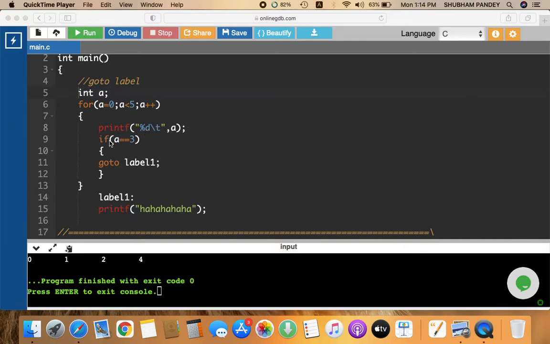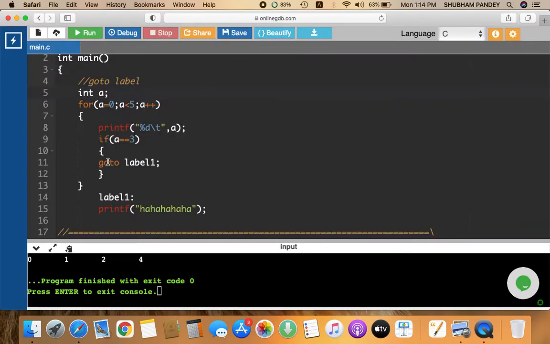But here you see that the condition matches. If a is equal to 3, means 3 is equal to 3, so it is going to enter inside this part. It finds that it has to go to label 1. So in the whole program it is going to search where label 1 is mentioned.